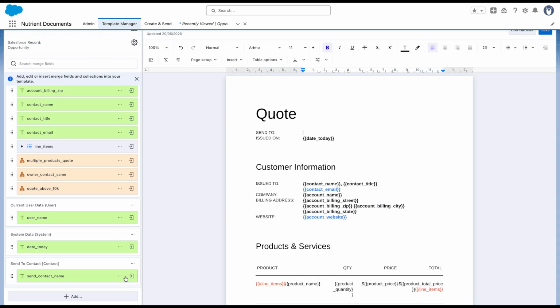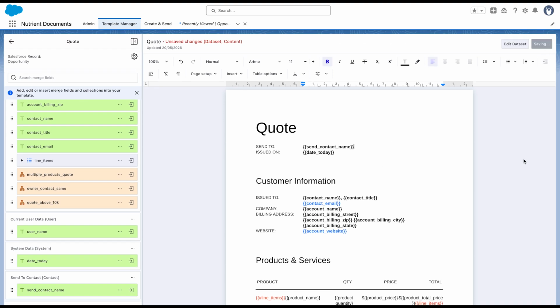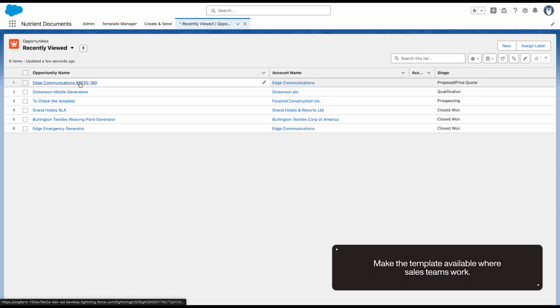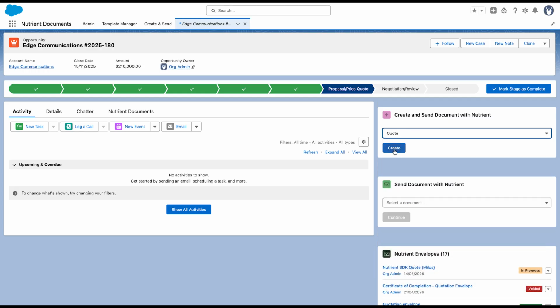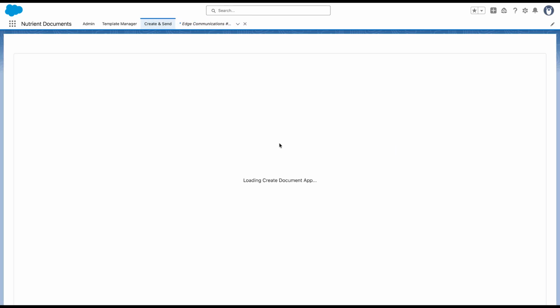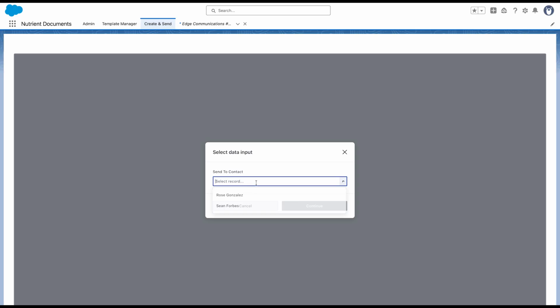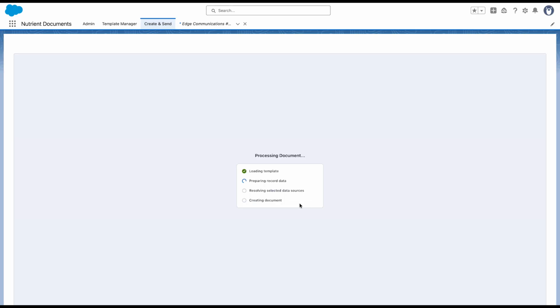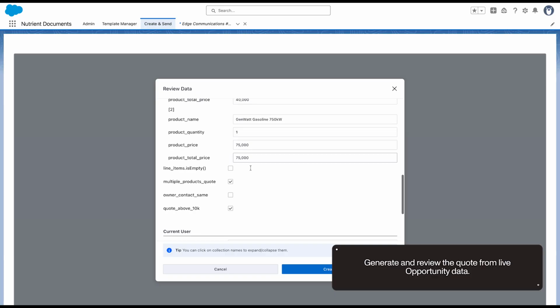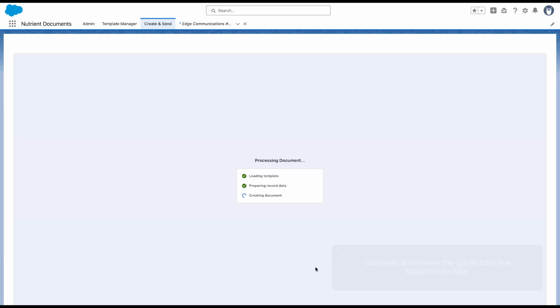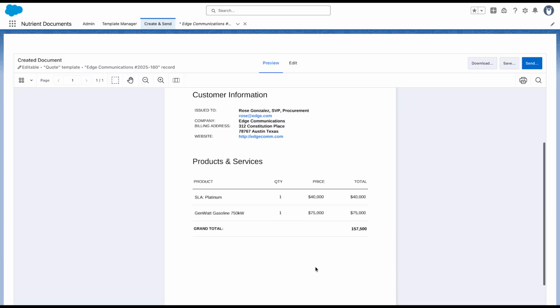Once the template is ready, it can be added to the opportunity page so sales teams can generate quotes where they already work. The rep selects the template, generates the quote from live Salesforce data, reviews the output, and saves or exports the final documents as a polished